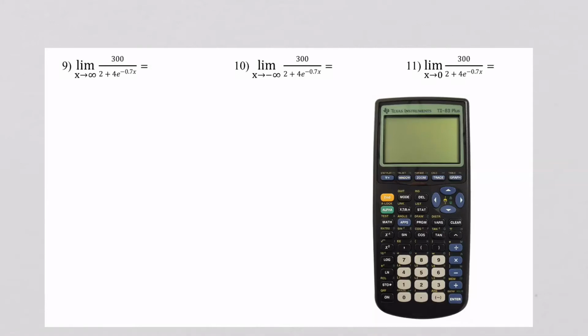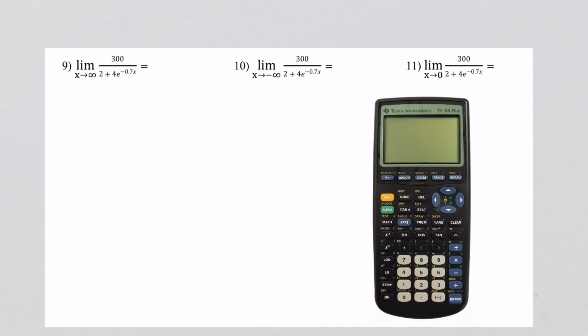Alright, problems 9, 10, and 11 are all dealing with the same function, asking for three limits of this thingamabob, which is a logistic curve. How are we going to find it? Well, y'all struggle finding windows, so my advice to you on this problem is to not graph it, but to